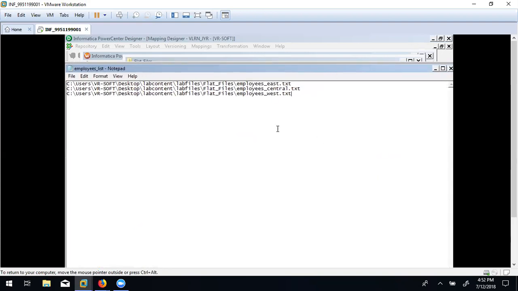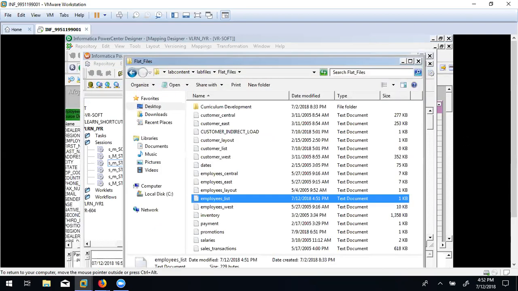What will Informatica do? Informatica will come to this file. As I mentioned, this is an indirect load. First, it will pick this file, go to that location, and read the data. Then again it will go to this, and again it will go to this. Is that clear now? Now I need to mention that file name